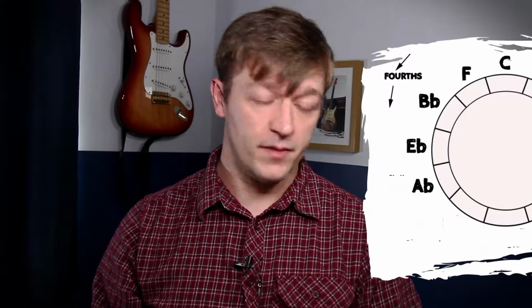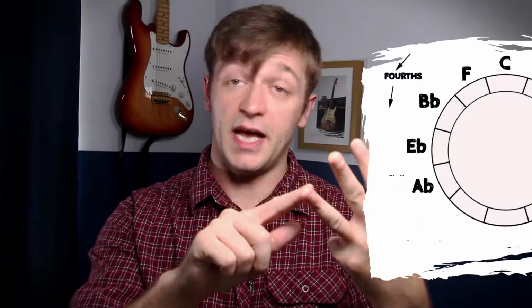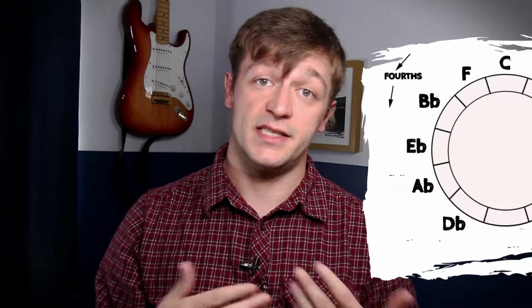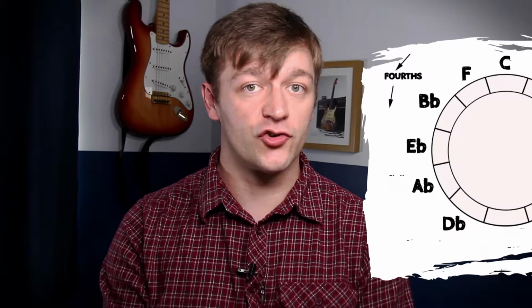The key of A flat, fourth above that. So A, B, C, D. And again, A flat, we don't have a D, we have a D flat, so we write D flat at 7 o'clock. Last one now, so we're going to find 6 o'clock again, because this is our crossover key, and